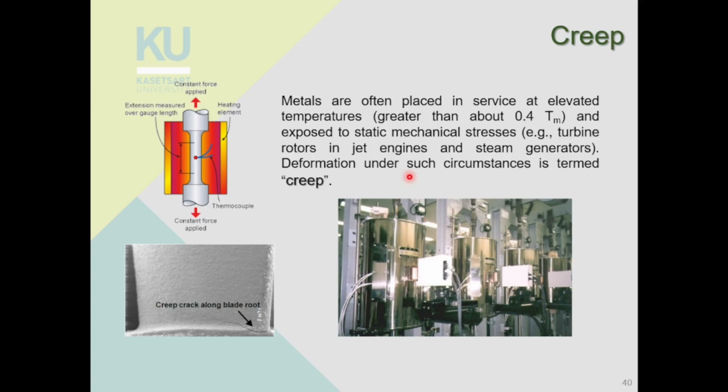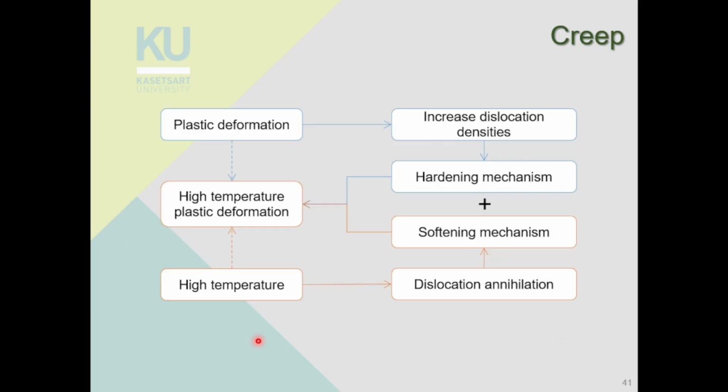Right? For example, the turbine rotor in the jet engine or steam engine has to withstand constant stress from centrifugal force, right? And because it is operating at high temperature, you start to get creep and you start to get crack because of the deformation. Okay, so